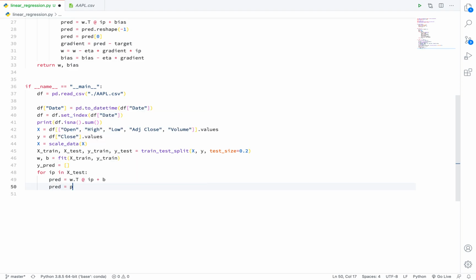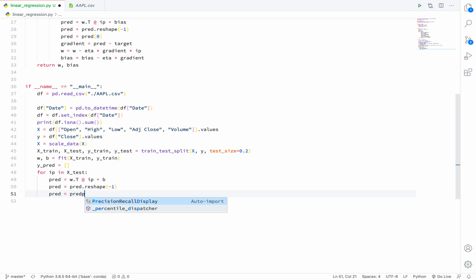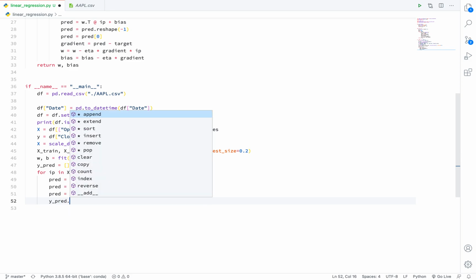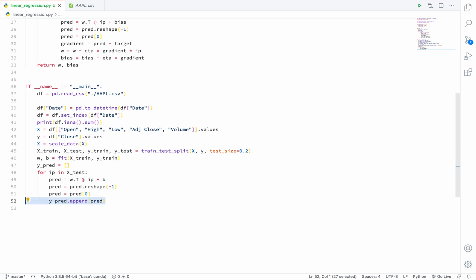Now reshape it to a 1D array and extract the value from it, and just append this value to our list. So basically it is the code for prediction on X test, our testing data.